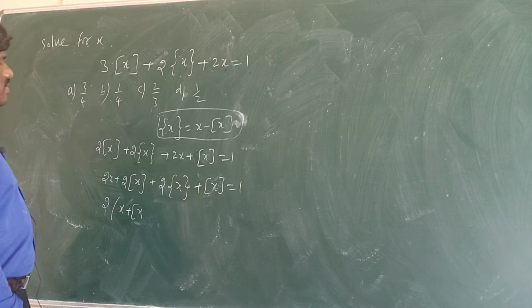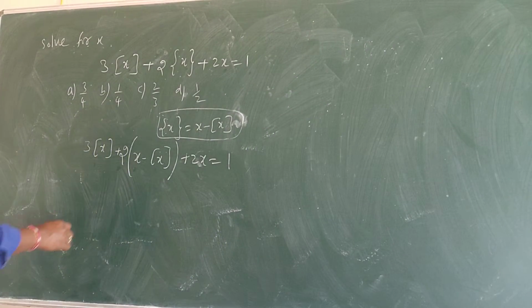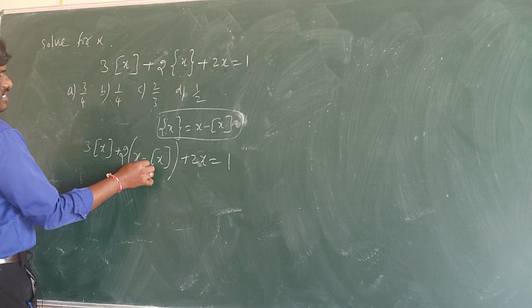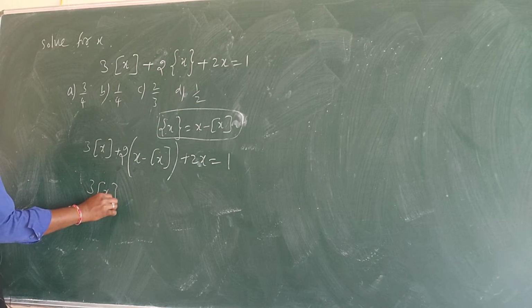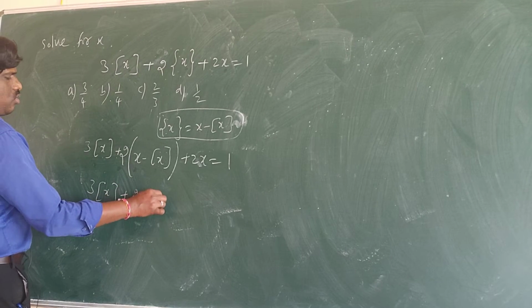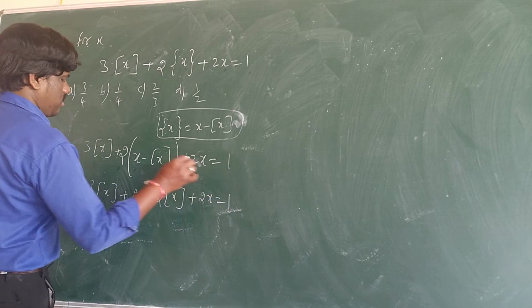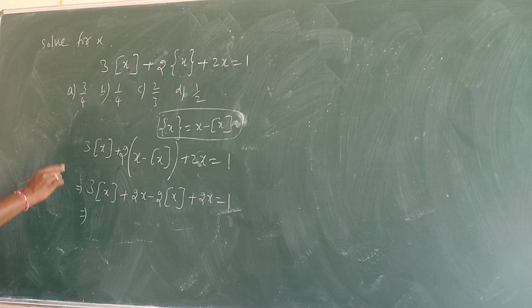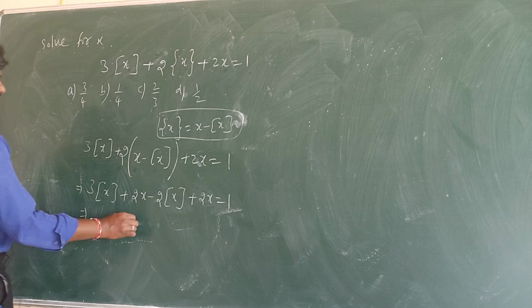It should be x minus, right? So this is the best approach. So 3 greatest integer x plus 2 times the fractional part of x, I am writing x minus greatest integer x, plus 2x equal to 1. So 3 greatest integer x plus 2x minus 2 times the greatest integer x plus 2x is equal to 1. Now see here, what do I get? 3 greatest integer x minus 2 greatest integer x is 1 greatest integer x, plus 4x